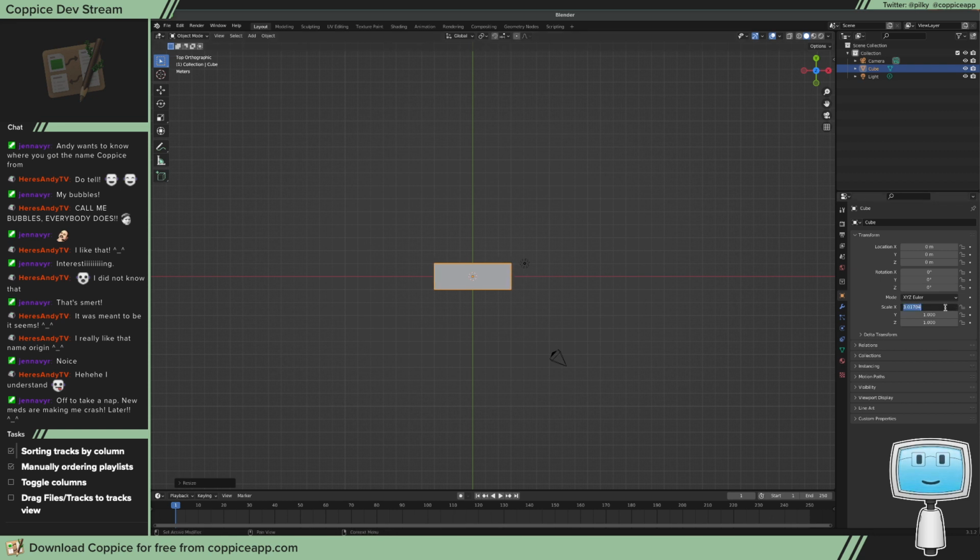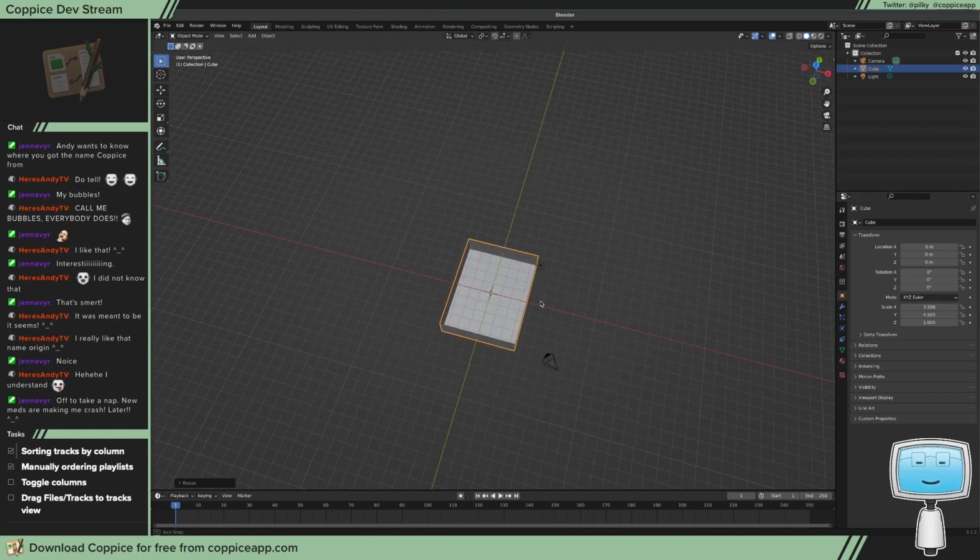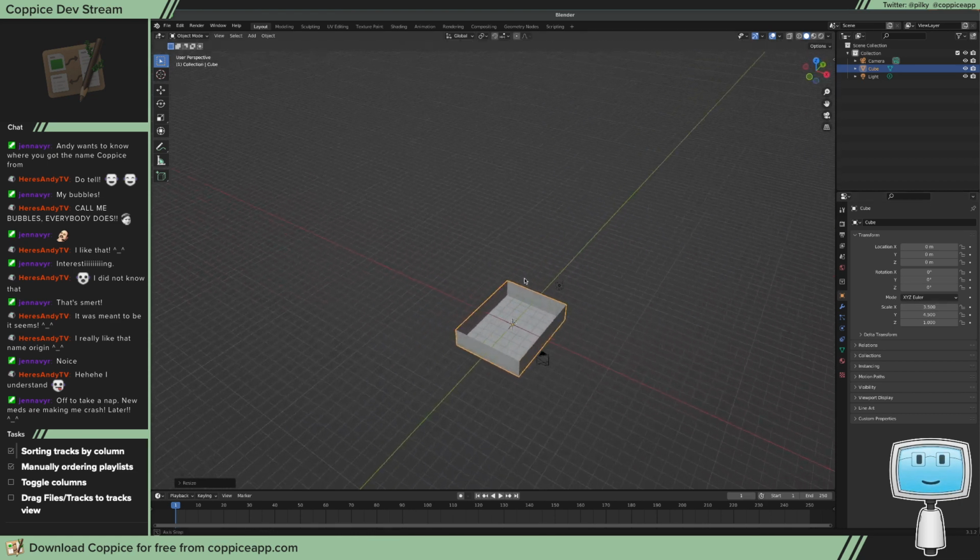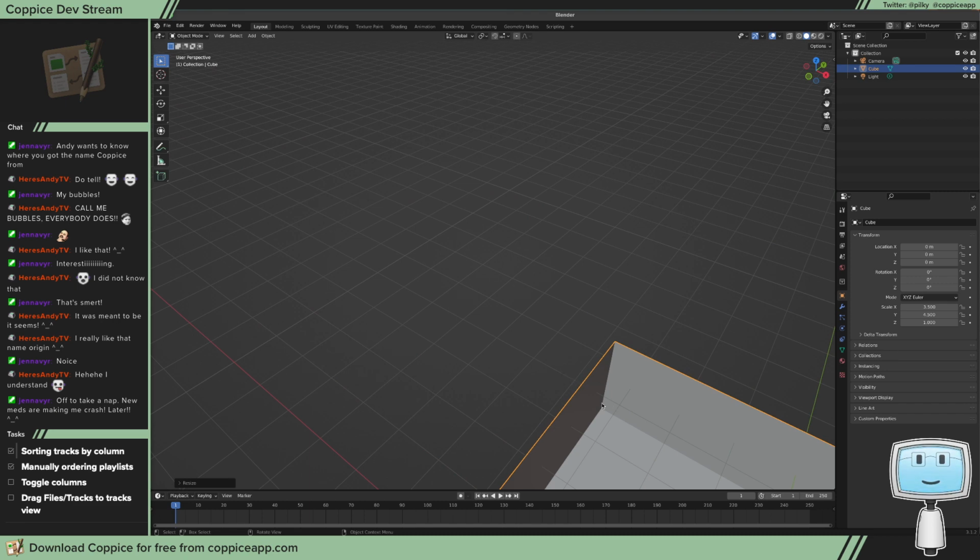Let's do 3.5 on the scale X, and we want 1, 2, 3, 4, 5, 6, 7, 8, 9. So the scale Y is going to be 4.5. So that is going to be